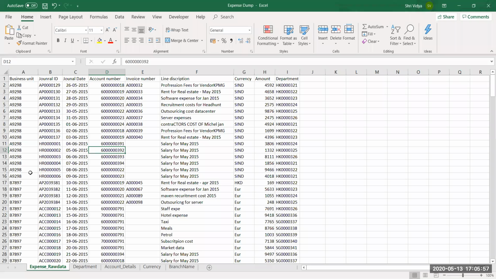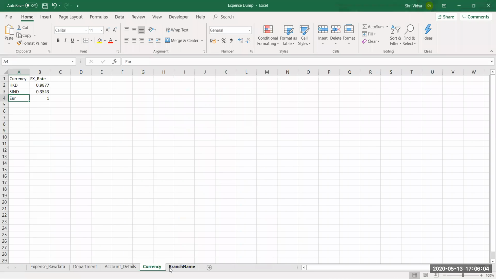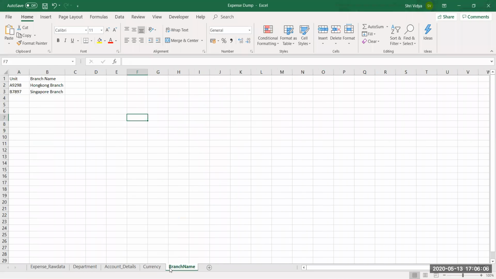So these data that we have in different sheets are used for that. Now you can see here I have branch name, or I'll just rename it as branch details. This sheet has the business unit number and a name for that branch. Which branch is it? You could have multiple columns here.